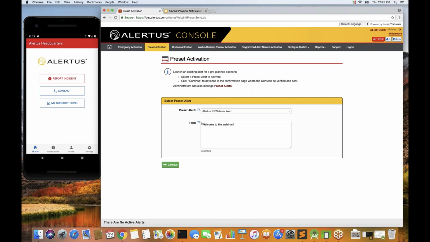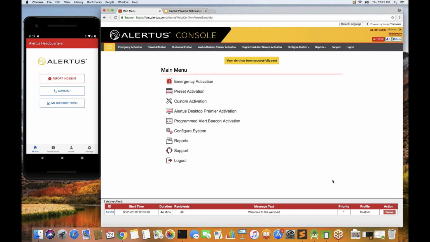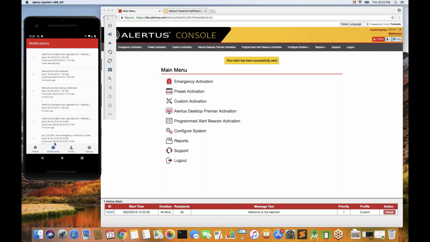So all of the message text can be customized at runtime. On the delivery page, you can see that I might be activating somewhere in the realm of 94 devices. I'm going to hit send. This will activate the alert, give you a notification. On this page, you can see that it's in the "I did not read it" state, so it's a full